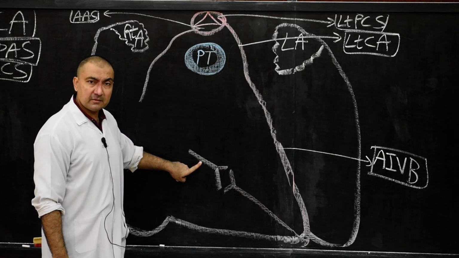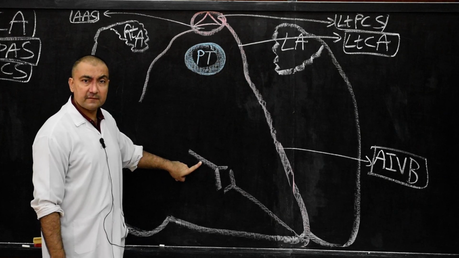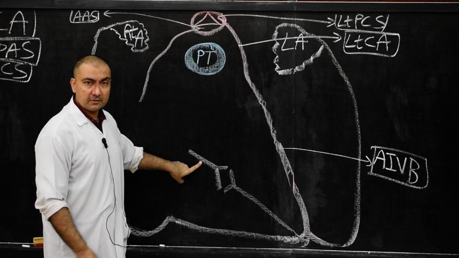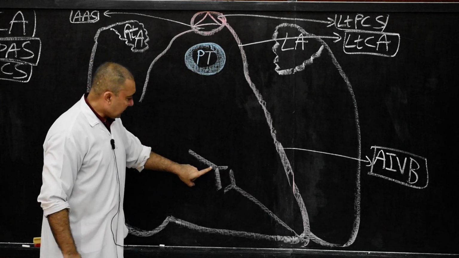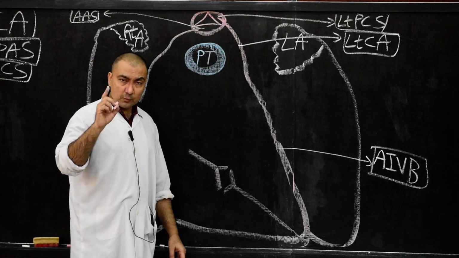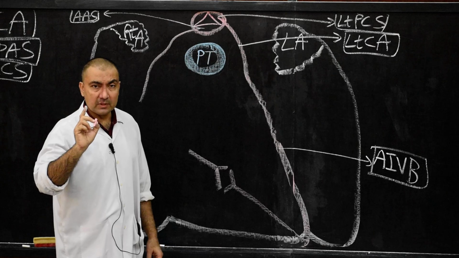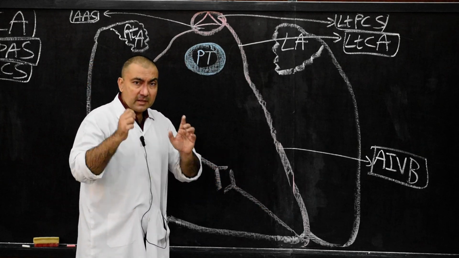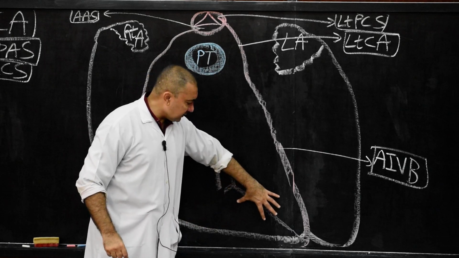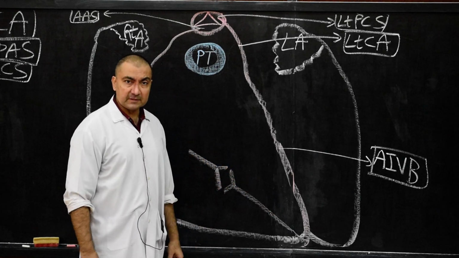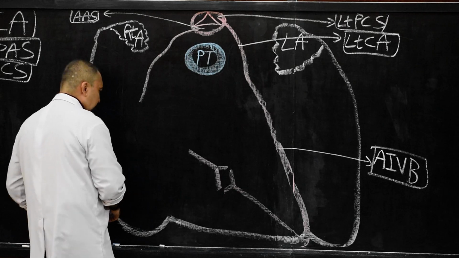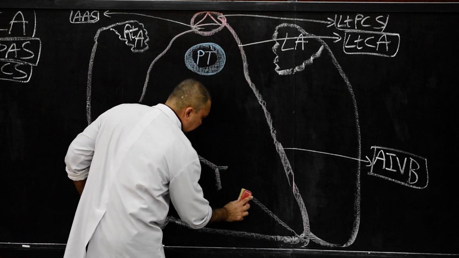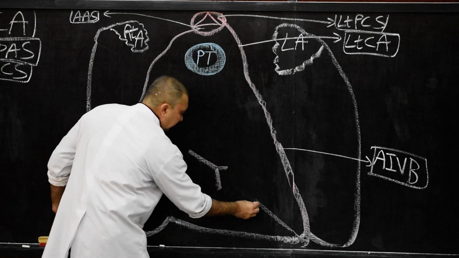Which branch of the right coronary artery? Posterior interventricular branch of the right coronary artery. And this anastomosis will take place, please note down, in the posterior interventricular groove, exactly covering anterior 1/3 and posterior 2/3. That means that anterior 1/3, if we want to show, we will reduce this length,